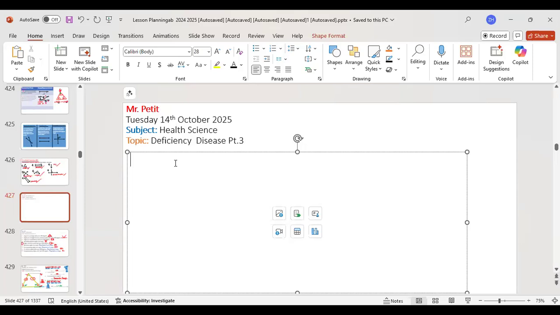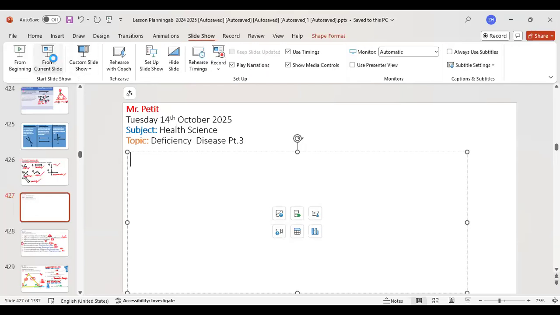Deficiency disease is the result of a lack of iron. That's what? Anemia. Very good. And the one that causes the thyroid to swell? No, the name of the deficiency disease. Goiter. Very good.